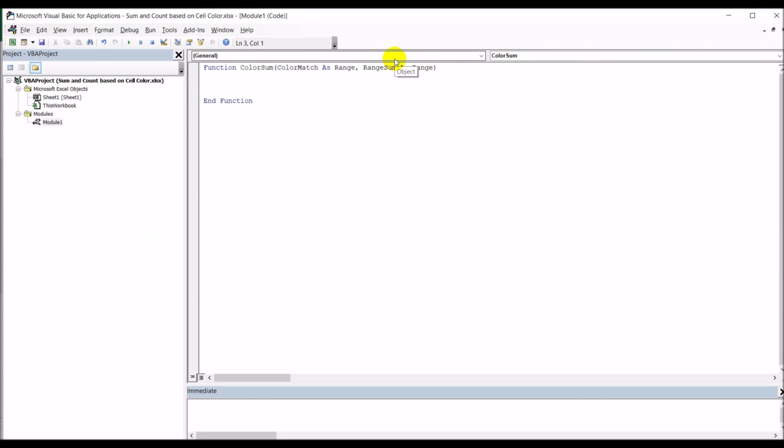Okay, we have told Excel that the function is called color sum, and these are the two parameters that you'll be passing to them. Okay, now what we need to do is we need to declare two variables. We will declare cell as a range, and we will declare color check as long. Okay, now what we need to do is we'll say we need to first grab,